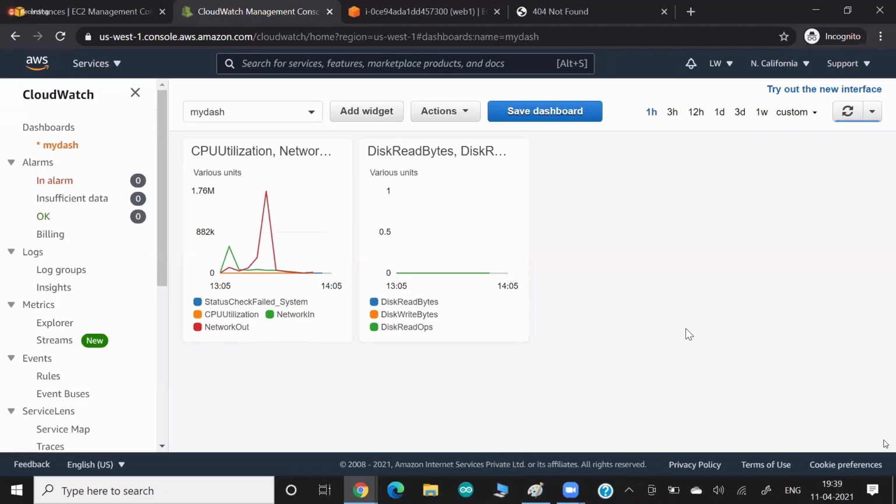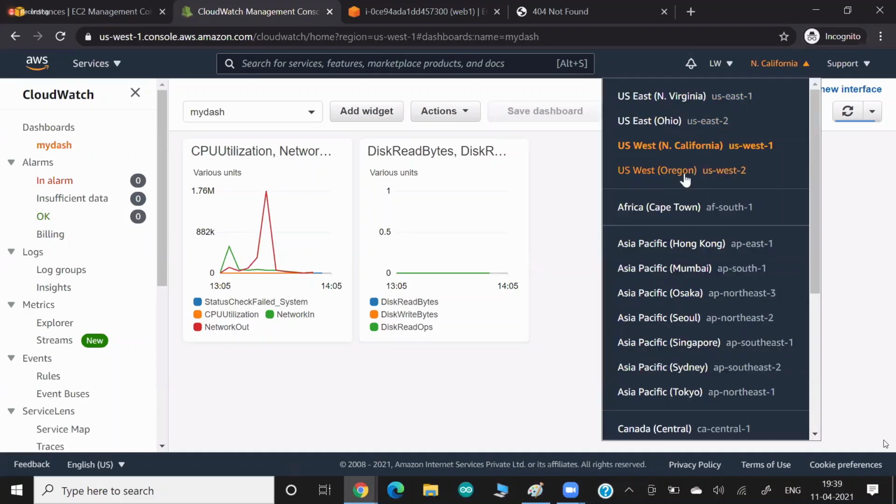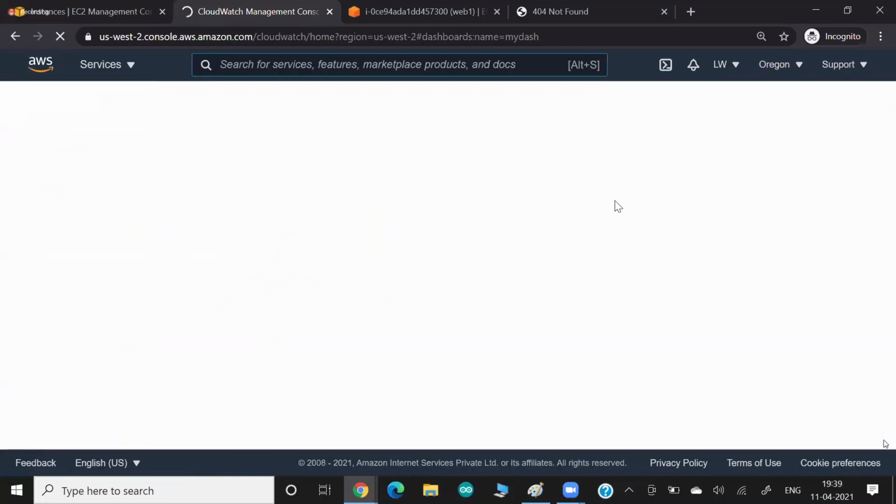If you create a dashboard, let me save the dashboard also. Now this dashboard is globally available. What I mean by this is, right now, if I go to, for example, Oregon, and I land on the Oregon CloudWatch service,